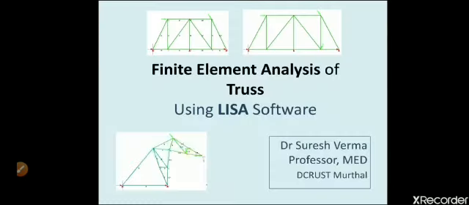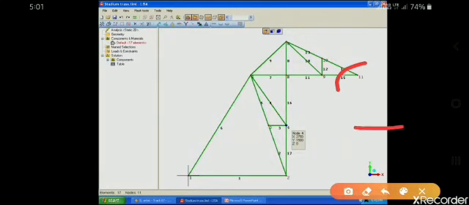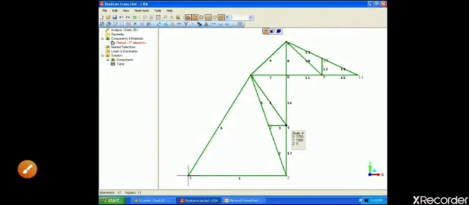Here they are shown by using red dots, and a particular node is shown here by a blue color, which indicates a particular node 11 having coordinates x as 4750 and y as 3000 millimeter.